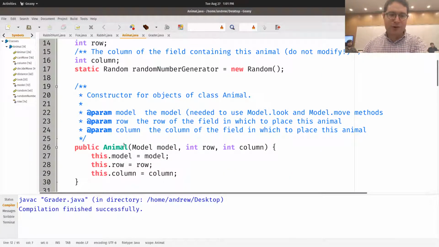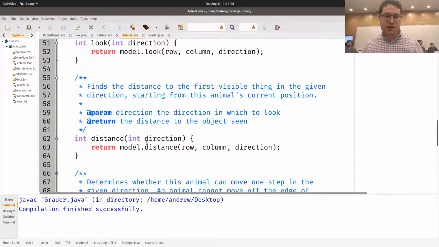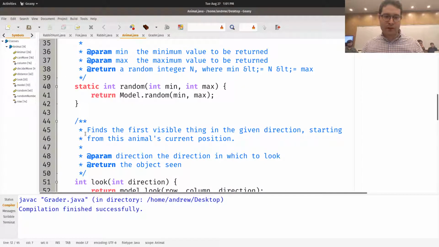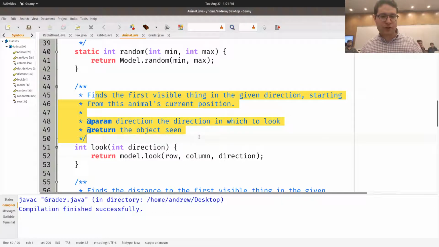Okay? So animal just simply sets up its position. A random obviously just chooses a random number in a range. So there's a couple of very useful methods that animals can do. The first is look, which given a direction will return an int. It finds the first thing visible starting from this animal's current position.